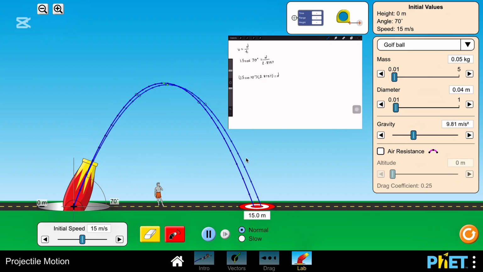Okay, and we get that it traveled 14.742835, and then d is approximately 14.7428 meters. Okay, so after this, we only need to know the maximum height it reaches, which we'll obtain by